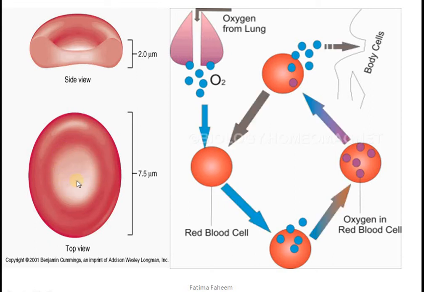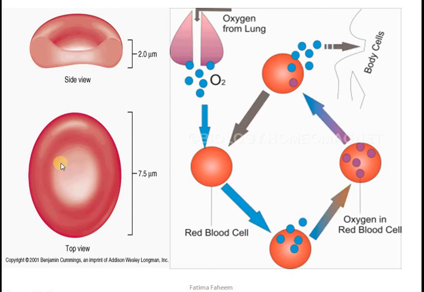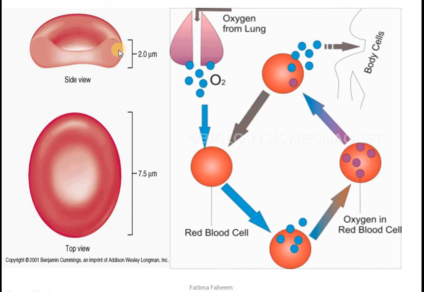RBCs do not have a nucleus. Once the RBC is matured, the nucleus disappears and it becomes thinner at the center. When it becomes thinner at the center, it becomes easy for oxygen to get in and carbon dioxide to go out. On the other hand, if you see it from the side, you can see the shape,